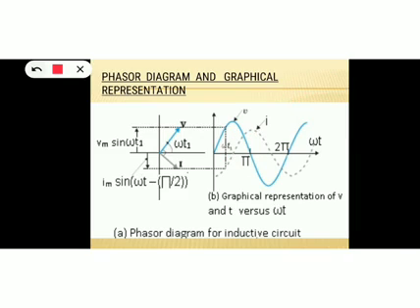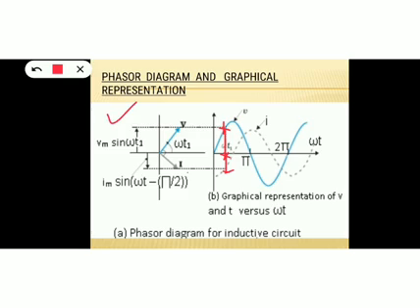Okay. Now, just consider the phasor diagram. Consider a point omega t1 in the graph and consider the voltage and current values corresponding to this omega t1. To find the voltage value, just draw a line to the graph. This is the voltage value corresponding to omega t1. And to find the current value, just draw a line to the current graph. So this is the value of current corresponding to omega t1.